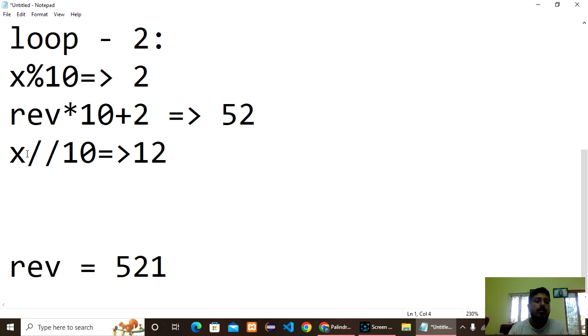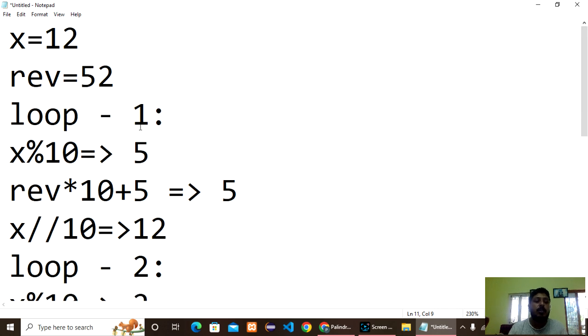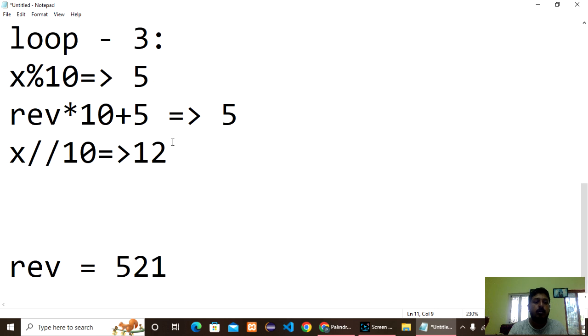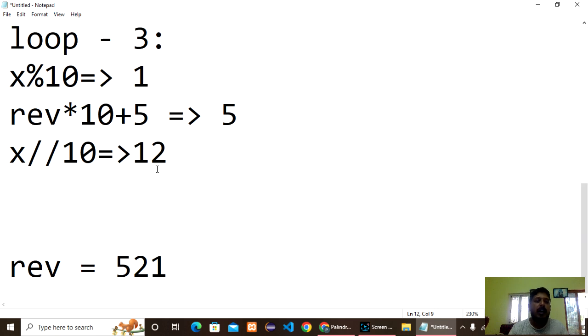So here again we are just going to divide 12 by 10, then we are going to get 1 as the x value, right? So now again this loop is going to be executed a third time because x is still greater than 0, right? 1 is still greater than 0, so it is going to be executed. Now 1 modulus 10 is going to be 1, right? And next thing,